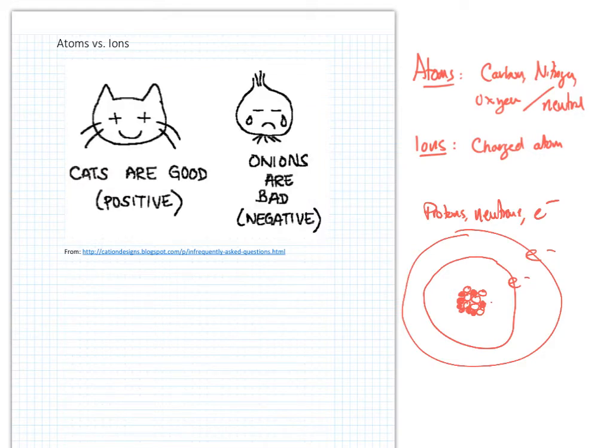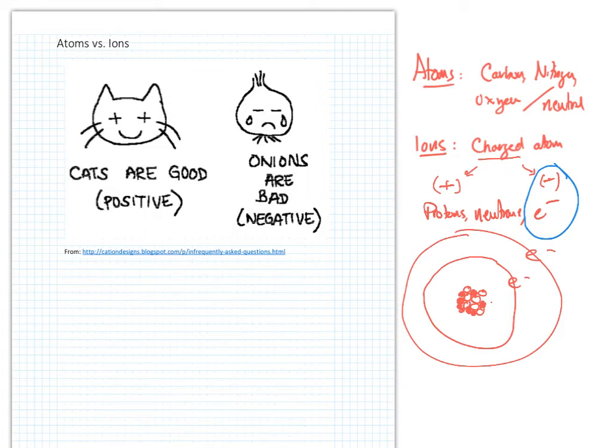Okay, so remember, protons are positively charged, and electrons are negatively charged, and neutrons are neutral. So in order to have a charged atom, we have to have either the protons or the electrons involved somehow, and the neutrons really don't matter. Well, it turns out it's actually the electrons that are involved, and the electrons can either be added to the system or taken away from the system. So we can either have extra electrons in our atom, or we can have not enough electrons compared to the